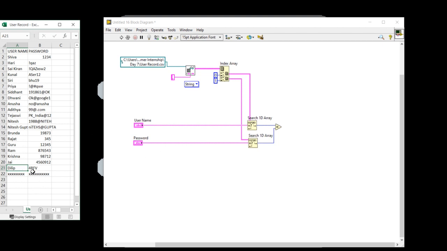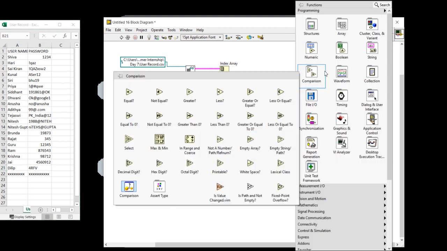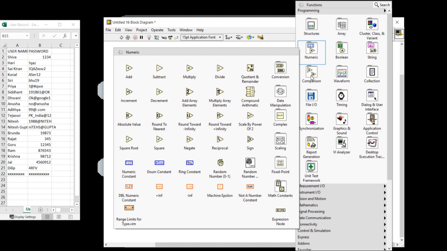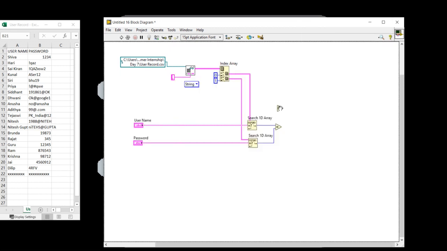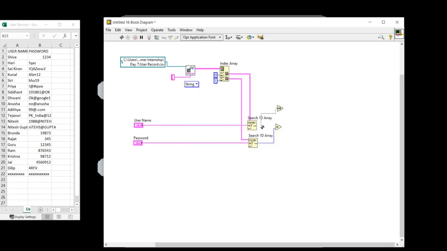And the password is the same, so it will generate 20. And if the username is not present in the database, so what can we do? If the username is not present in the database, here I am going to use greater than 0 logic.